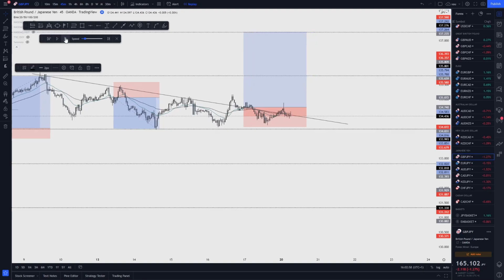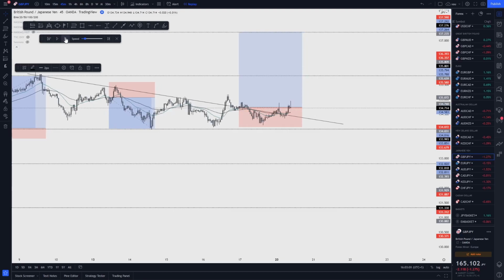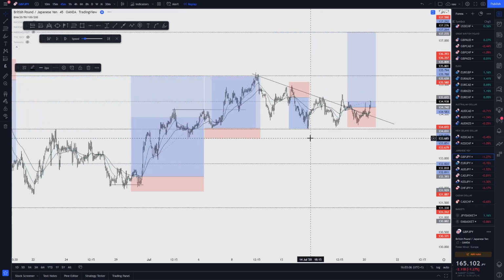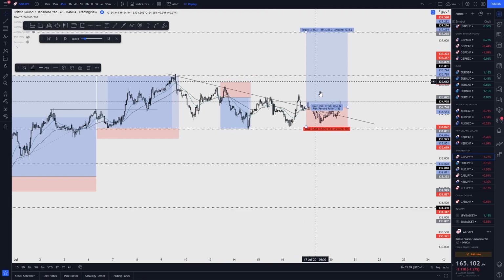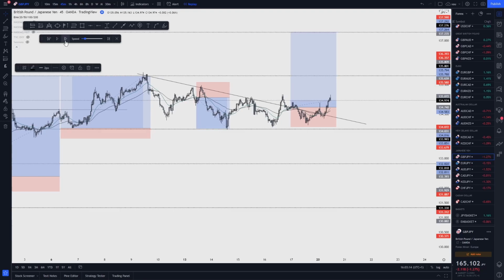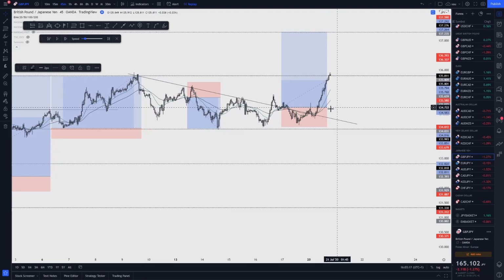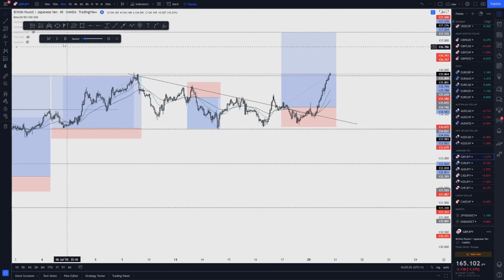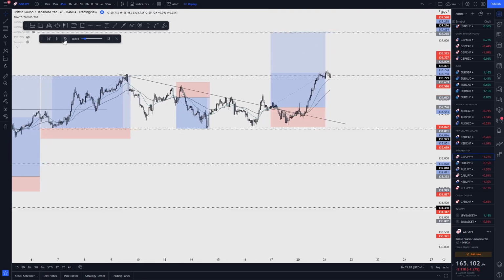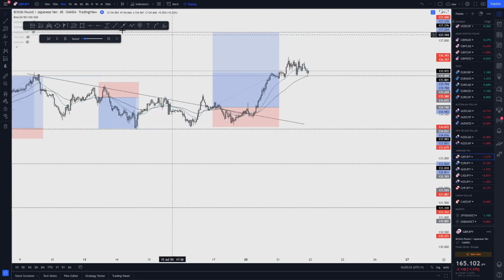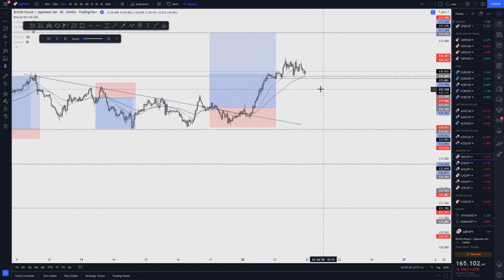Okay, so apparently I didn't get tapped out. I really did think I got tapped out on this trade. And you know what, that goes to show, sometimes when you take these earlier entries, when you take these riskier entries, you can get tapped. So it's always good to have a fairly reasonable stop loss, with your stop loss in a sensible spot, because when you take these entries, there are possibilities for you to go into drawdown and for you to get taken out of the trade. So again,